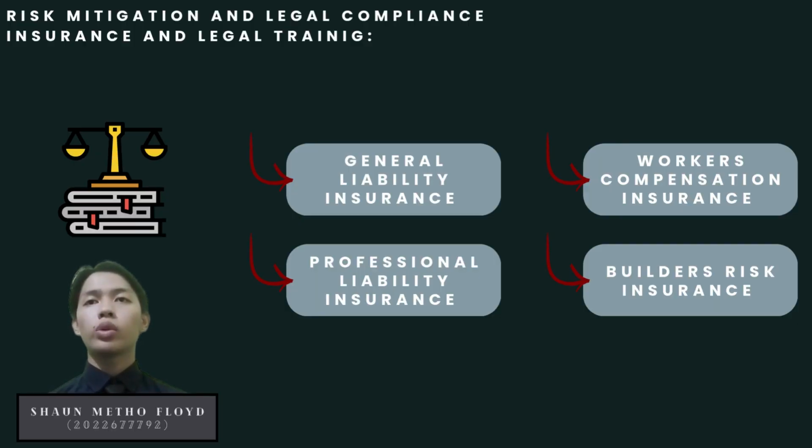Along with insurance, we also need strong legal planning. That means having clear contracts that explain each party's responsibilities, who handles risk, and what to do if something goes wrong. Good contracts can include things like limits on liability, indemnity clauses, and dispute resolution steps like mediation or arbitration. When insurance and legal planning work together, they protect everyone involved and give peace of mind if problems happen during a project.